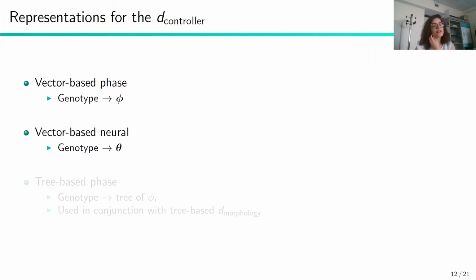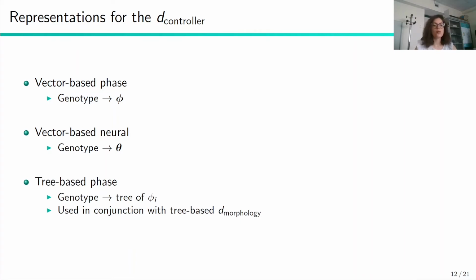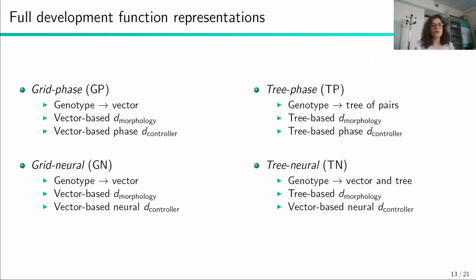A slightly more complex representation is the tree-based phase representation, where the genotype is a tree of real values, actually a tree of phases, and this is only used in conjunction with a tree-based morphology representation. So, the 4 development functions here. The first one is a grid phase representation,